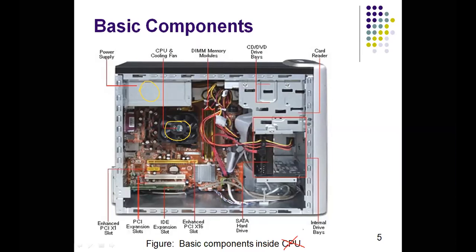Then here you have the RAM slot. You can see I'm marking it. In this slot you can place your RAM. RAM is called what? Primary memory. Why is it called primary memory? What characteristics does it have? We're going to discuss everything in our theory course, in the hardware chapter, not here. But for now, just remember this is your RAM slot. Here we can place RAM.